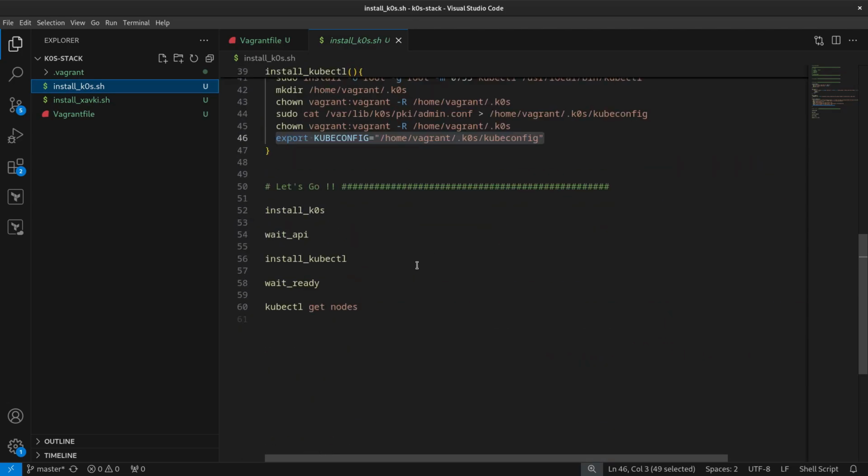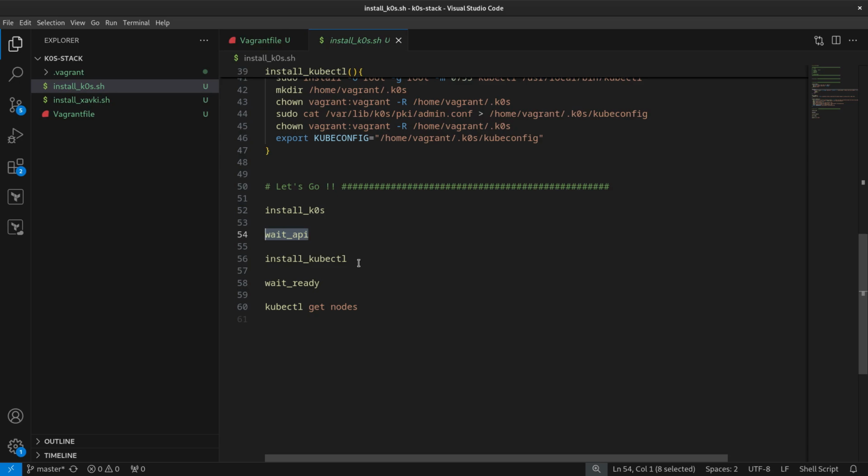So what is the process to install k0s? We create a bash function named install k0s, a first function to wait to have the API server up. We'll see later in detail what the API server is, but we saw it in the previous video at a high level.